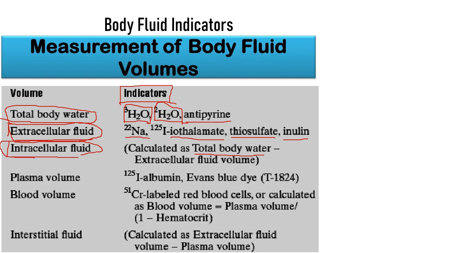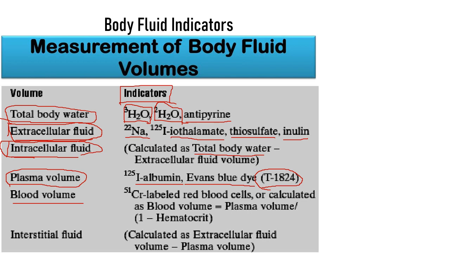Then to measure plasma volume only, excluding the entire extracellular fluid compartment, you can use albumin. You can use Evans blue dye, which is the most common one. It is also known as T1824. Then to measure blood volume,